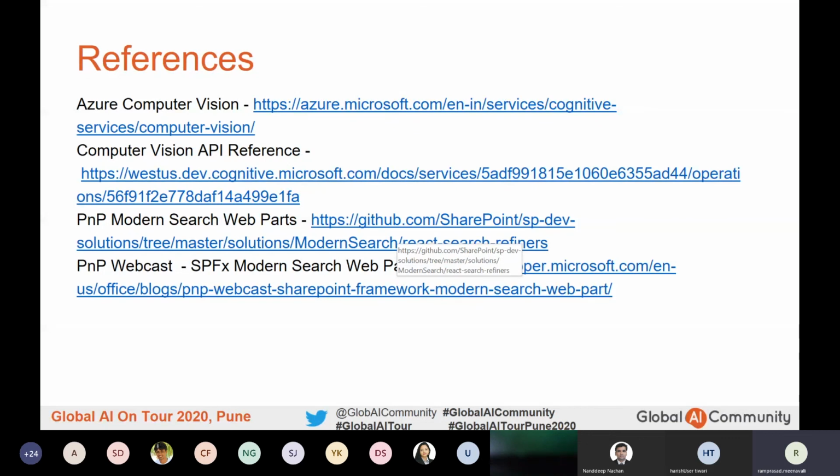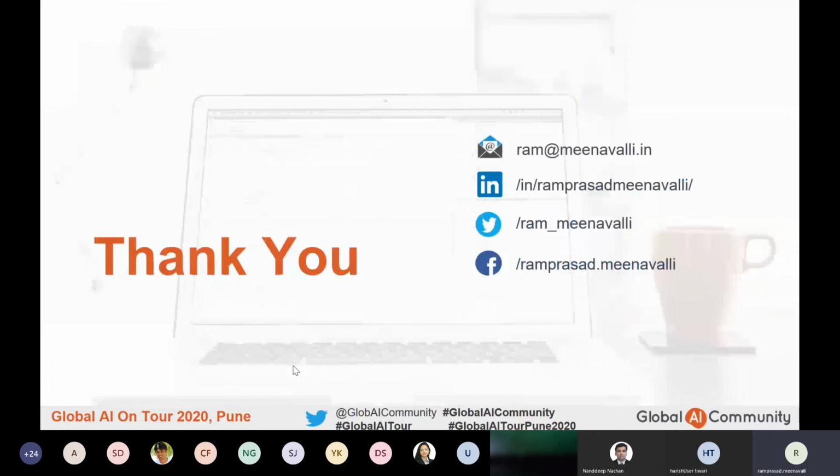These kinds of limitations are there, and it's always good to refer to the Microsoft official docs as and when you need, because they keep changing. And this is the API reference which we have used, and the PnP modern search parts which are used for building the front end. And yeah, that's all I wanted to share.